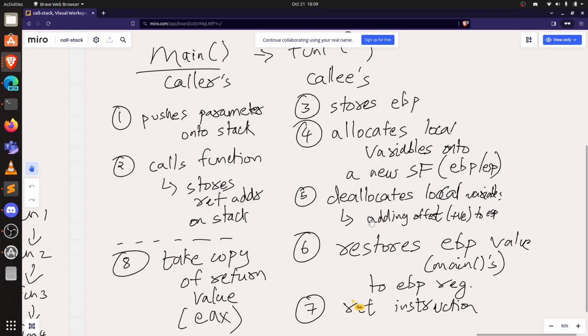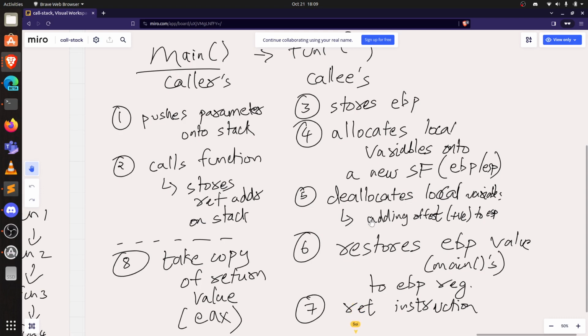I should also identify that active stack frame, right? So for that, I should store the current copy of the EBP register onto the stack, so that when it returns back, I should know where the stack frame is. I should store it so that I can restore it back later, and then I should